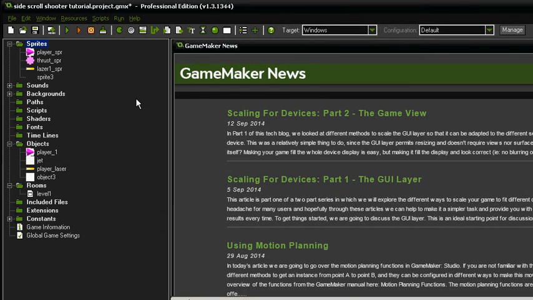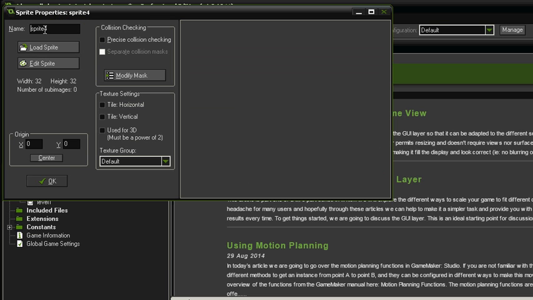I'm going to make an enemy to shoot at and to shoot at the player. It's going to be comprised of two objects, a spawner and the actual enemy object itself. And we can start by making a sprite. So let's right click, create new sprite,